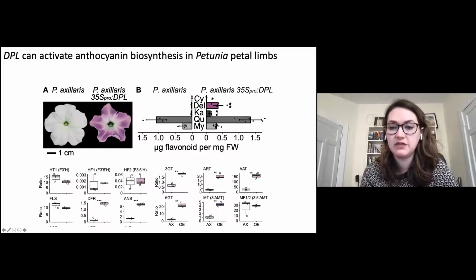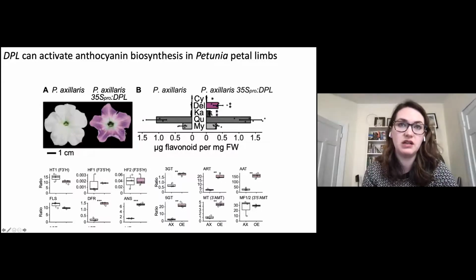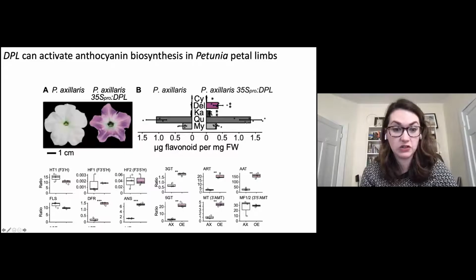earlier. So the biggest difference between Petunia axillaris and Petunia exserta is that Petunia axillaris produces tons of quercetin. And you can see that here as these big gray bars. This is so much quercetin that you can very easily break a UPLC machine, especially when the machine is not yours. A lot of quercetin. And